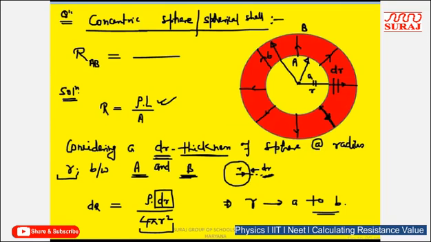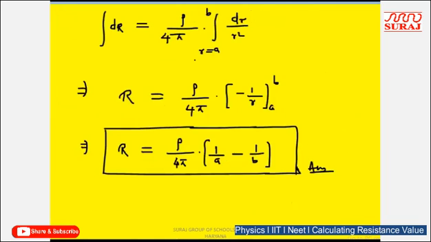Again, as we move from the inner surface to the outer surface in the direction of flow of current that we have assumed, from surface a to surface b, for every dr thickness you will find that the area which is facing the current is actually varying. So I have to integrate the radius from the inner surface to the outer surface, from small a to small b. The integration gives rho by 4 pi, and 1 by r square has integration minus 1 by r. Putting the values of a and b, we get the answer rho upon 4 pi times (1 by a minus 1 by b).